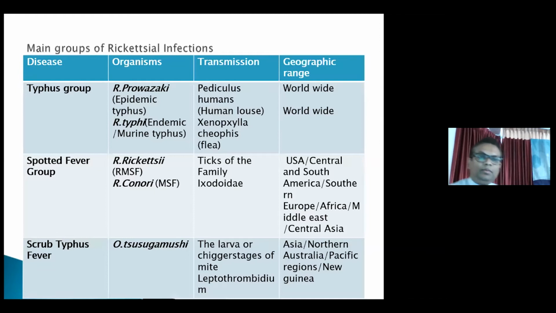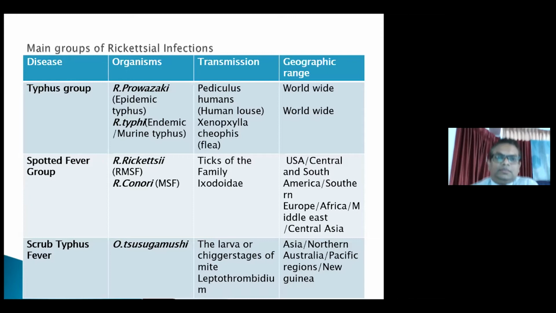Now, this slide is very important. Actually, I have three disease entities, especially three diseases which are related to us: typhus group, spotted fever group, and scrub typhus. Now when it comes to typhus group, actually all these cases are found in our country. You will understand during my lecture. I will go through the literature as well. When it comes to typhus group, Rickettsia prowazekii causes epidemic typhus, and it is transmitted by Pediculus humanus, that is the human louse, and then Rickettsia typhi causes endemic or murine typhus, and it is transmitted by a flea called Xenopsylla cheopis,